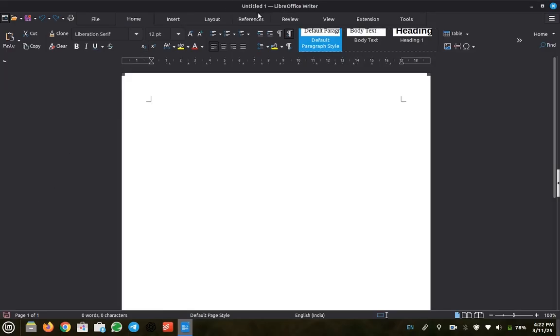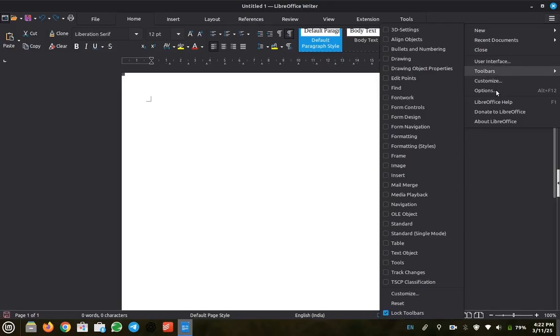LibreOffice is very important, and it has now evolved so much that it supports all the Microsoft formats, whether it be .xls, .docx, .xlsx, the OpenXML formats, and .pptx, whatever you have. Everything can be opened. If you want to check the compatibility, you can make the MS Office formats the default.